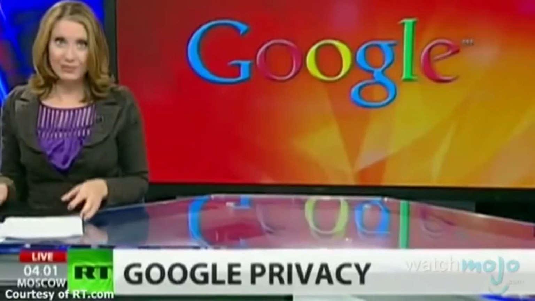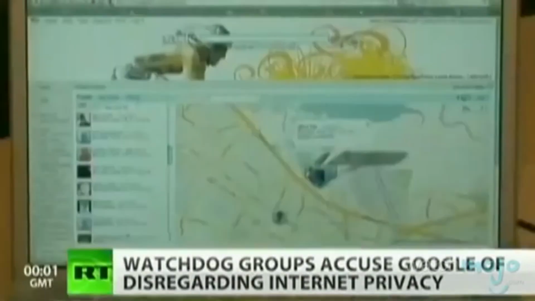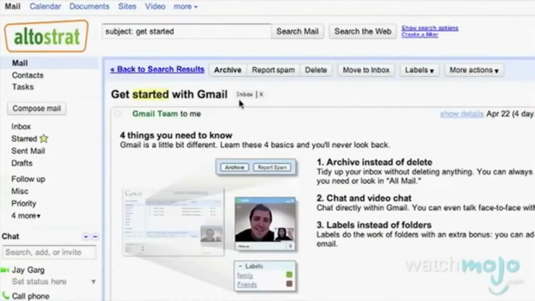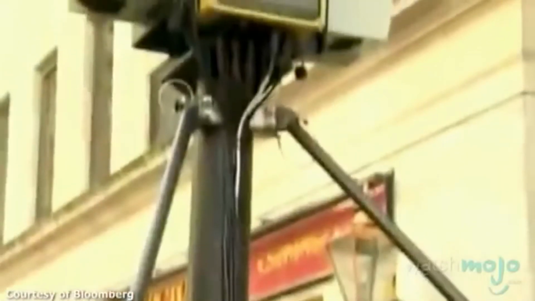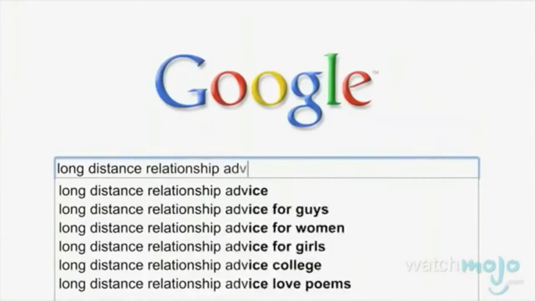Throughout the years of its existence, Google has not been without its detractors. One recurring issue has been privacy. These concerns range from the Gmail program's automatic email scanning to create targeted advertising to the data and image collection of Google Street View. The Google search engine has been criticized for its censorship of search results, and even the company headquarters has been accused of unnecessary energy use.